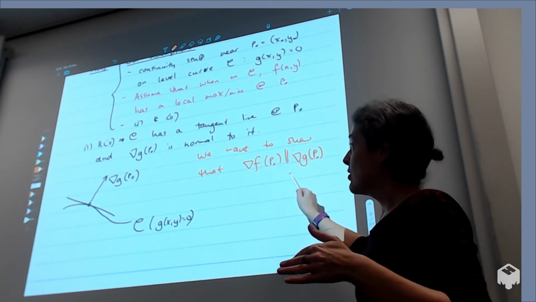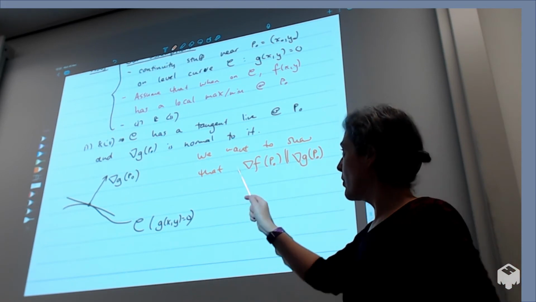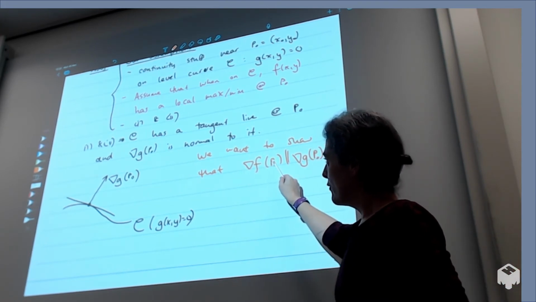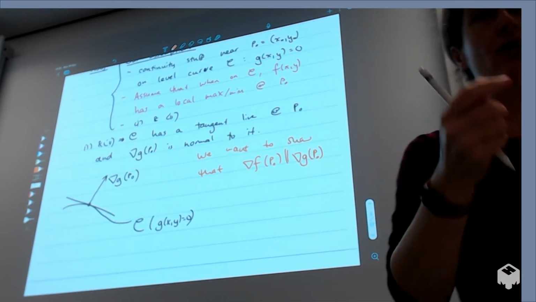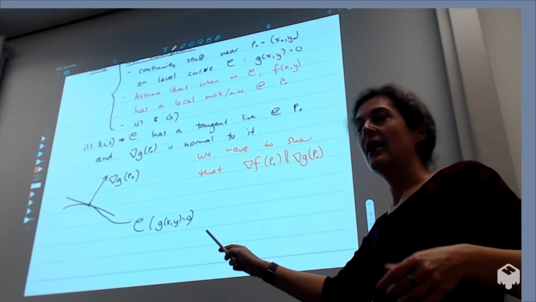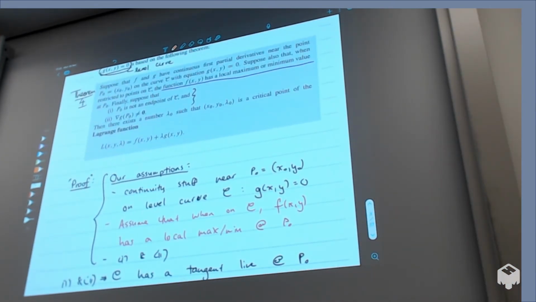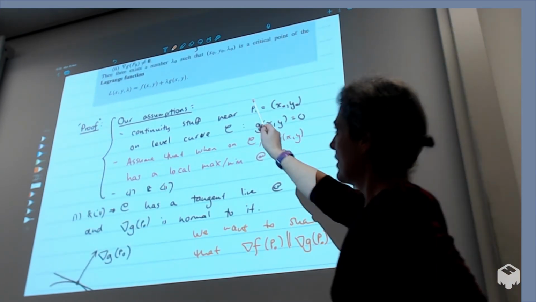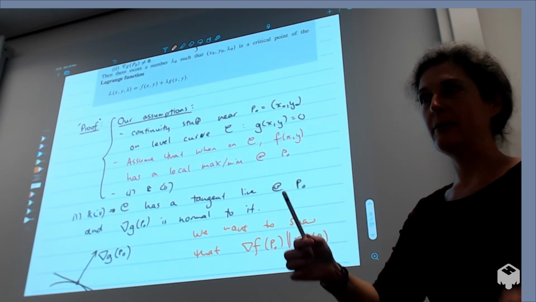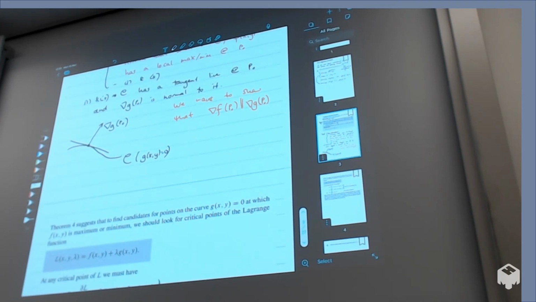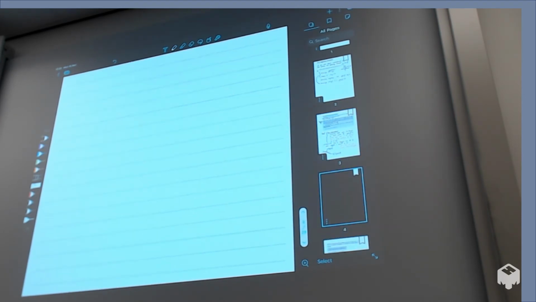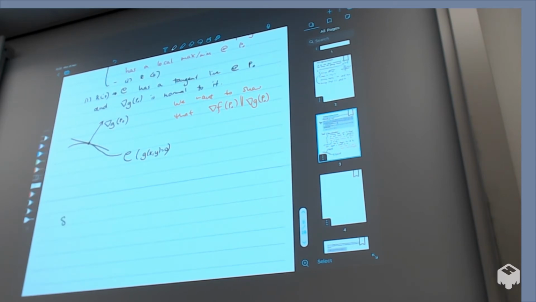How do we do this? We start by saying, okay, suppose it's not. So suppose that our gradient of f is pointing in some other direction than del g. We're going to arrive at a contradiction, conclude that this must be the case, and then we're almost home free because we're going to create our Lagrange condition from the fact that the two vectors are parallel. All right. So suppose that our gradient is not parallel